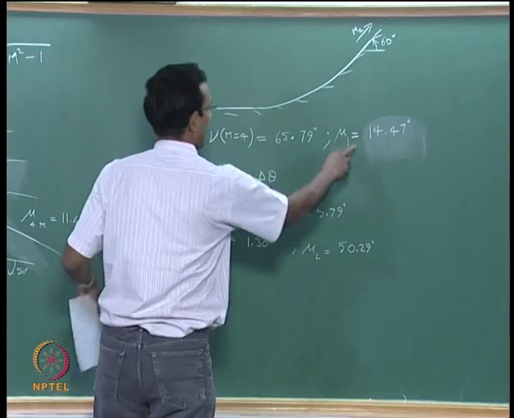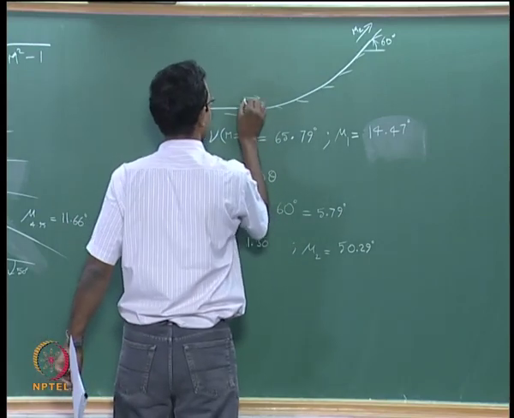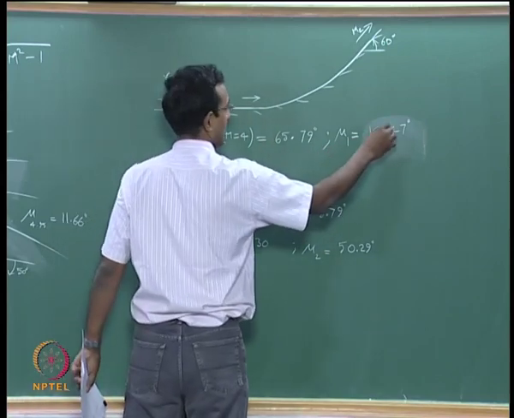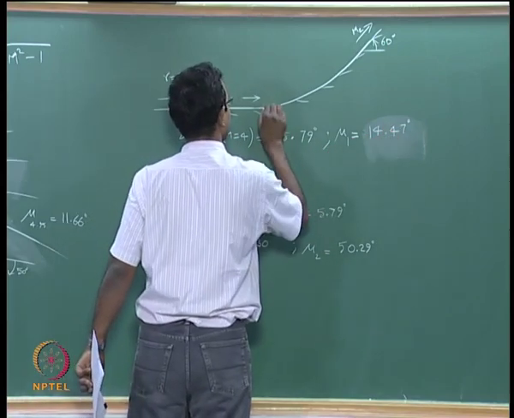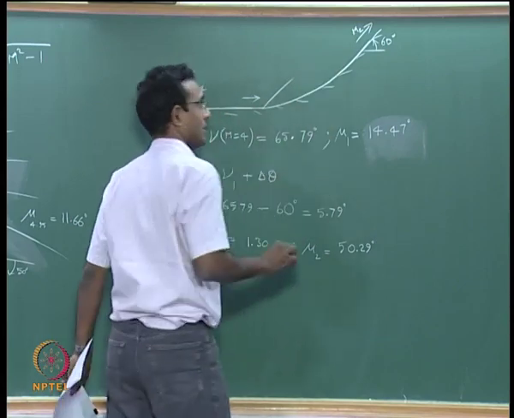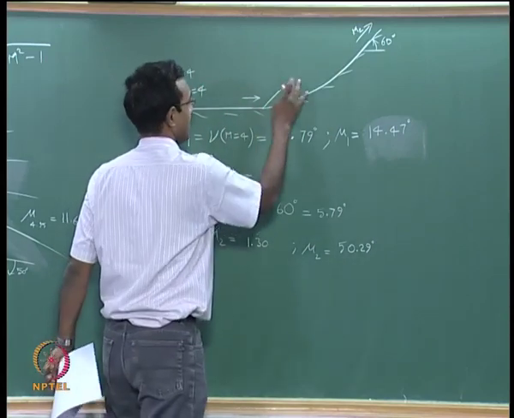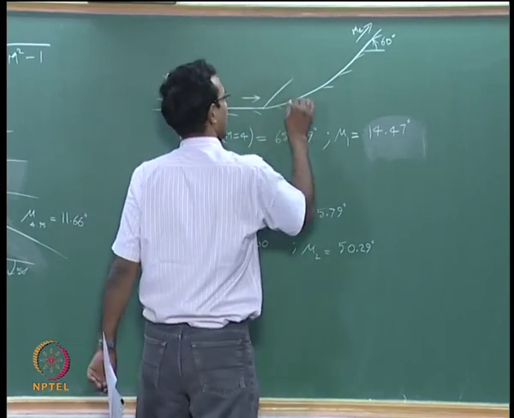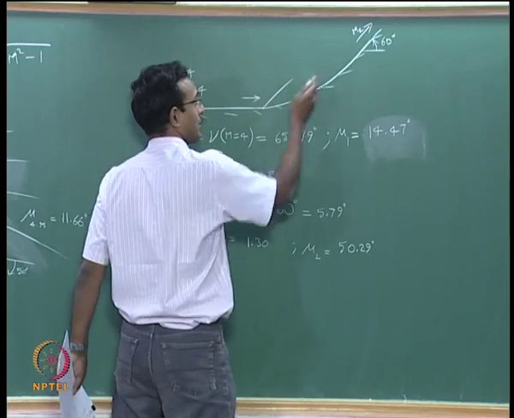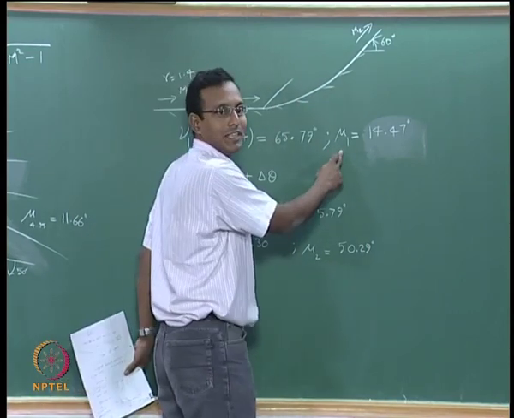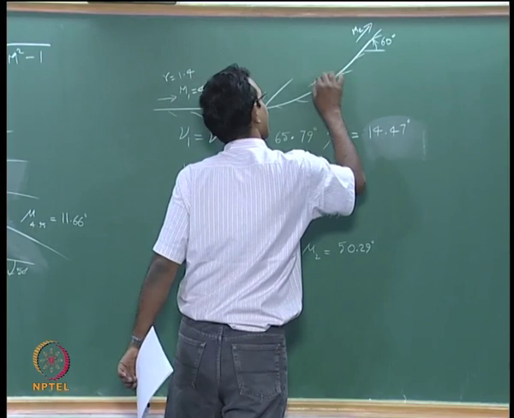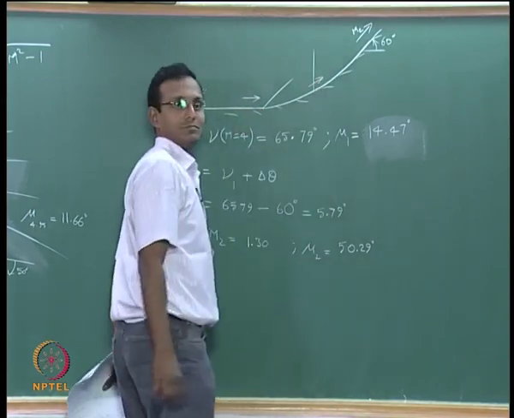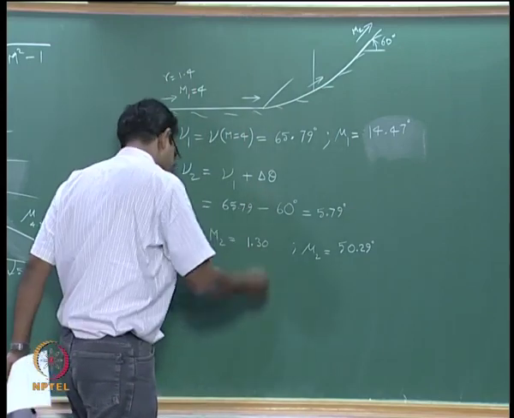So what I am seeing is locally with respect to this flow vector, Mach 4 flow has a Mach angle of 14.47, which is a very small angle, subtending an angle very small with respect to this. I am actually drawing it slightly big so that it is easy to visualize. And then as it goes, Mach number decreases, which means my mu angle should increase. So when I am drawing my local velocity vector like this, with respect to that my mu would have increased. I am drawing too high probably here.